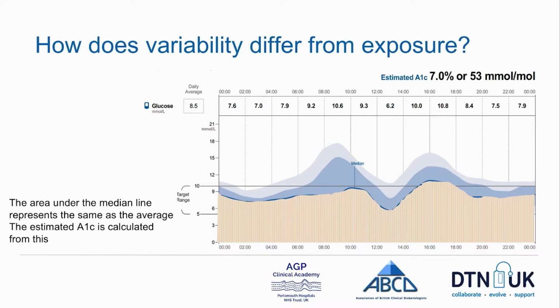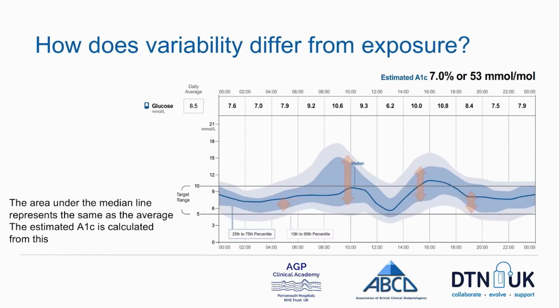The way we see variability on this picture is slightly different, and the way we see variability is actually how wide the profile is at any given particular time of day. So on this figure, what we're seeing is the half of the individual's experience, and therefore, if you like, it might be described as the usual level of variability that this person experiences at particular times of day. And we can see that that is different at different times of the day.